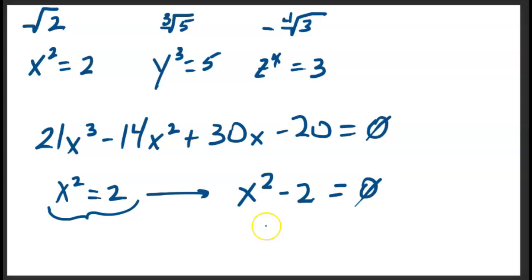What do we care about when we're trying to determine rational roots? Well, we're trying to get the P over Q. The P, we care about the number that is the leading coefficient, the coefficient on the term of highest degree. And the Q, we care about the constant term. So in this case, for the P,